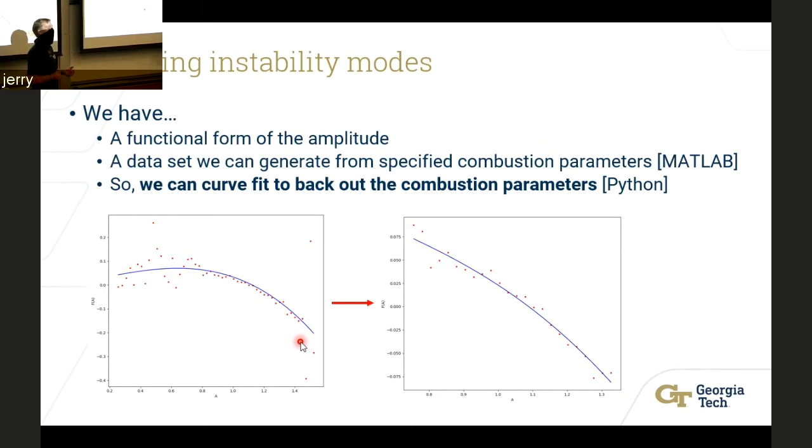So then you say, okay, I'm going to do this process again and again and again. And this involves really thinking outside the box. Like for instance, in these two plots here, you can see that we've curve fit over the entire range of amplitudes. But in this region, it's highly, highly nonlinear. It's extremely not well put together. So we cut down the amplitude range so that we can get a better set of data to curve fit to. And sure enough, our parameters were closer to the ones that we had set when we generated the data set originally.